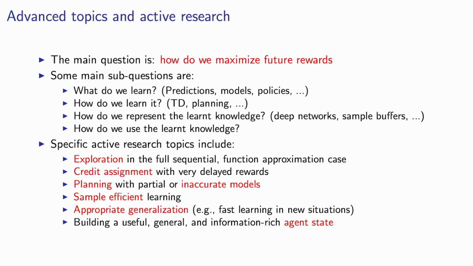Maybe a fairly generic thing is how to appropriately generalize. This doesn't necessarily just apply to the reinforcement learning case. But one way to think about this is, especially if you have a long, big problem, let's think of an agent with a long lifetime. This agent will find itself in new situations again and again if the world is sufficiently rich and complex. But the situations will resemble each other in some way. And specifically, the situations might be composed of different parts that you've seen before.